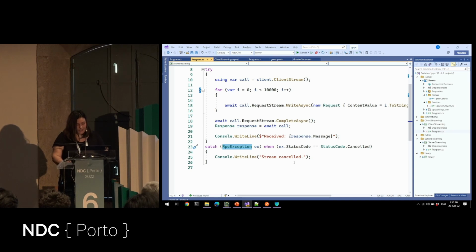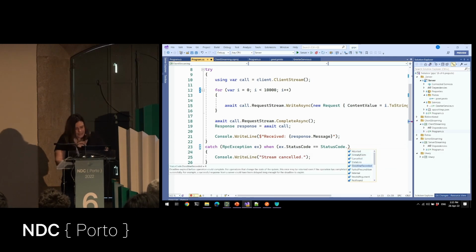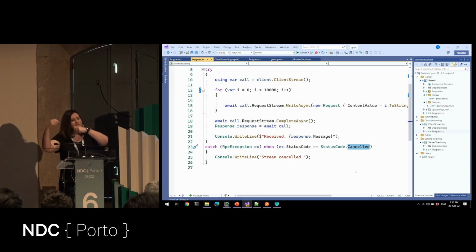And remember that status code, it's not HTTP status code. It's related to gRPC. And if we were to look at here, we have aborted, already exists, canceled, data loss, deadline exceeded, invalid argument, out of range, permission denied, unauthenticated, unavailable, and unimplemented. These are not HTTP status codes, but they're specific to gRPC. Okay, so based on that, you can also throw RPC exception with the specific gRPC status code to be able to tell which is which.